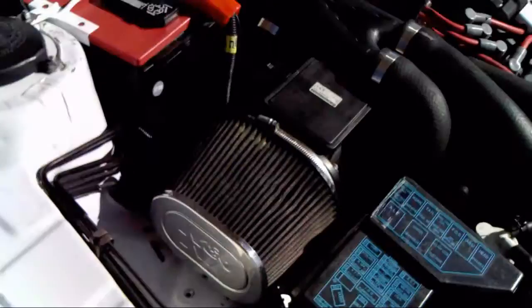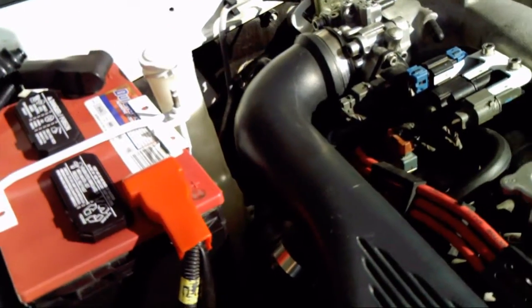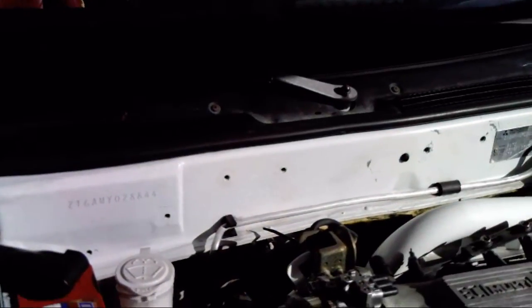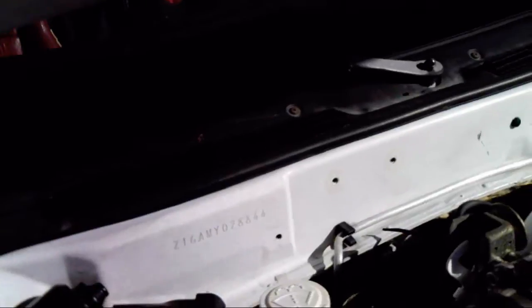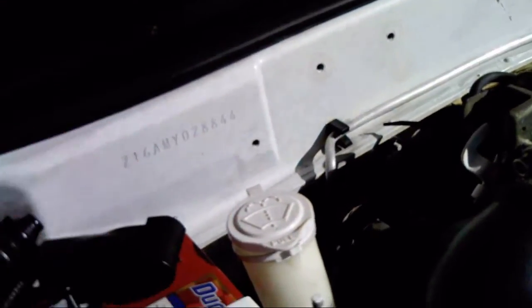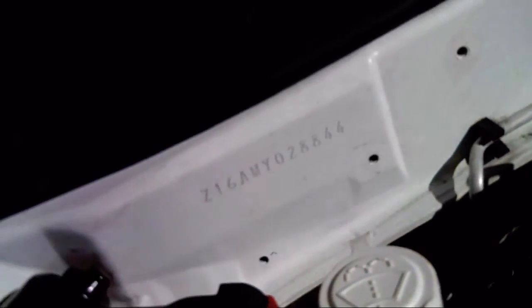short circuit there. The vacuum reservoir, I removed that, removed the actual hard line. There was a hard line that came up over the battery here, and I removed that as well. On the fender well, or on the firewall there, you can see I removed all the solenoids, and actually there's a resistor pack right here that is resistors for the injectors, since they're low impedance injectors on there, and I